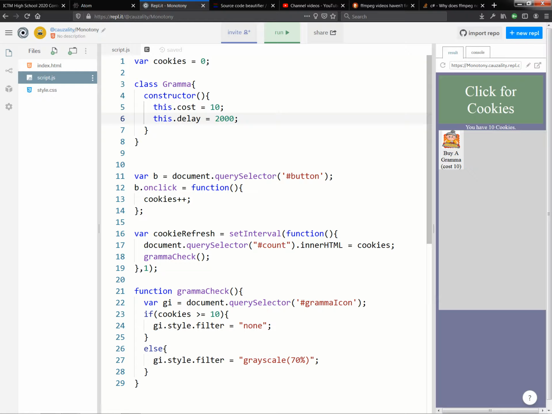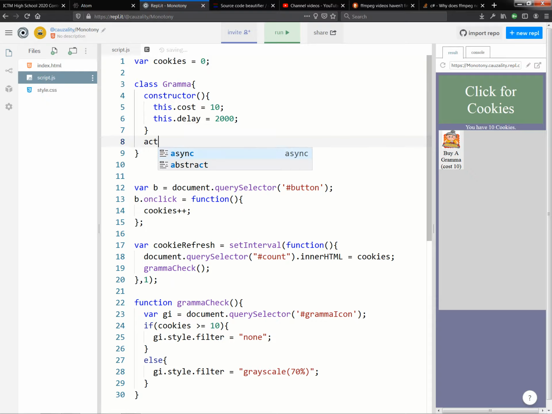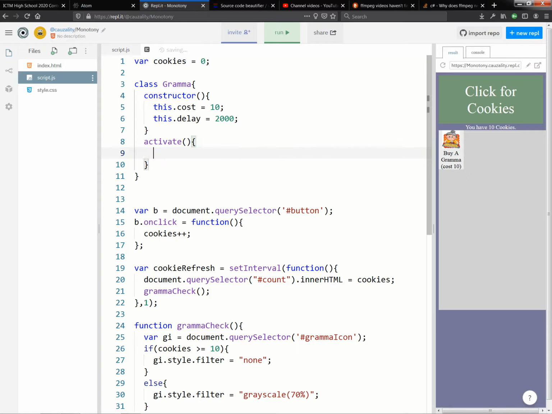That'll make a grandma. I guess we'll make a method called activate, or something. This method will just say